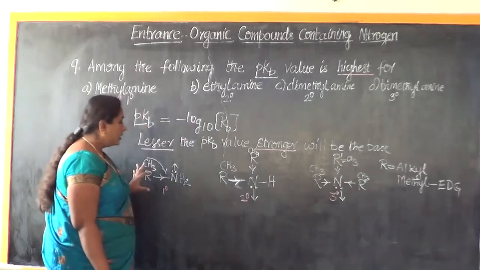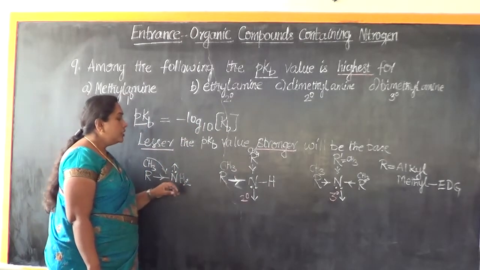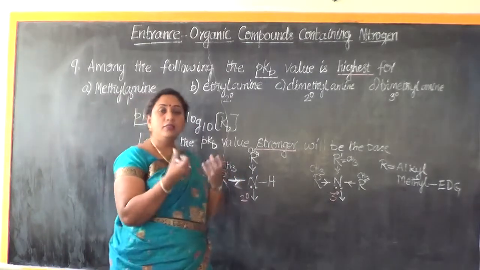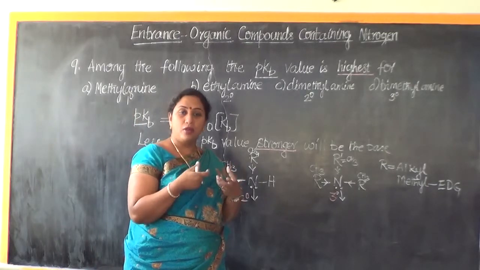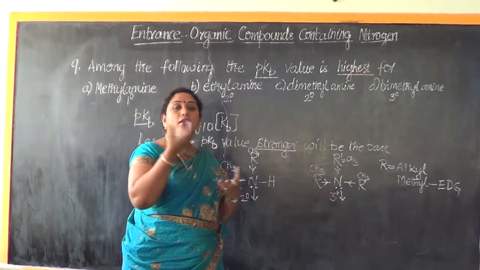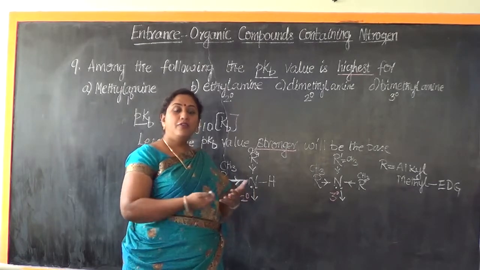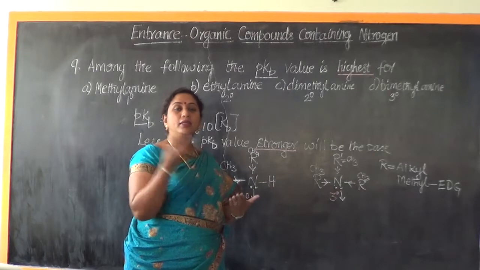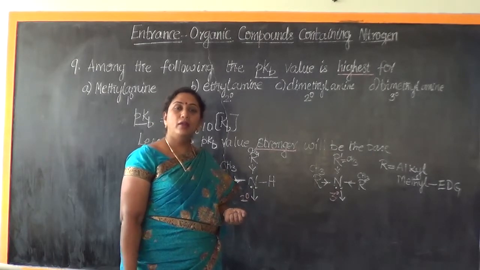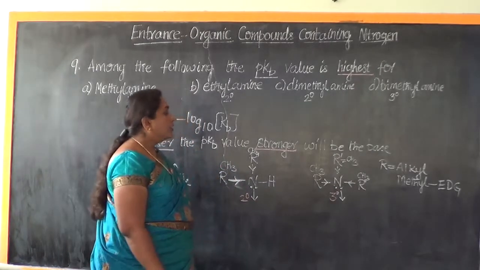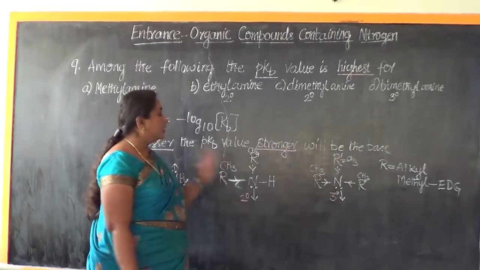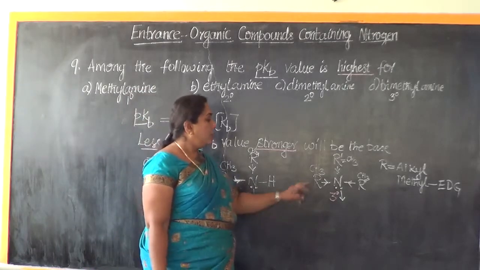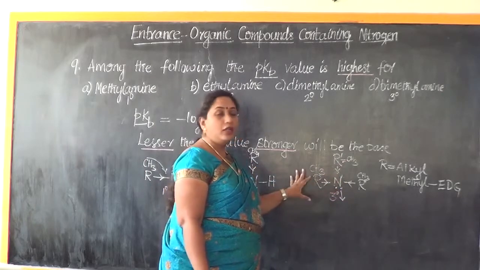As a result, what is it that we are observing? The nitrogen atom of the amines is accumulating more electrons. It has more electron density now. Therefore, its ability to donate will increase. As a result, its basic strength will definitely increase. So as a result of that, in the three examples given to us, here we find presence of three methyl groups.